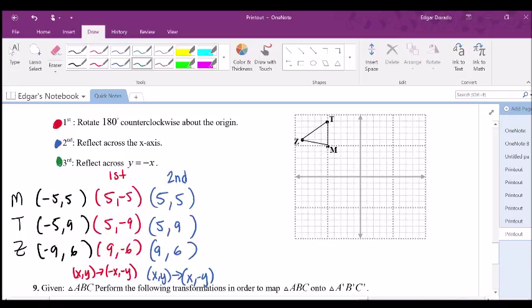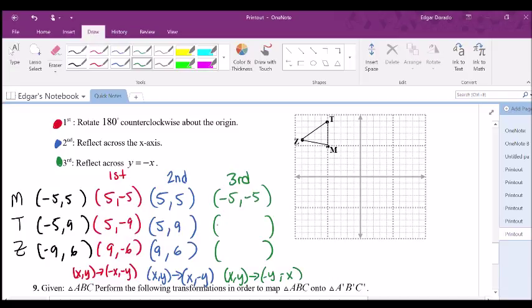Reflection across the line y equals negative x. And this one is our final one. And this one tells us to do this. (x, y) needs to be changed, not only switched, not only is the y going to be here and the x going to be here now, but we're going to have to make each of these negative. Okay, so let's take our coordinates from our second step and make them now